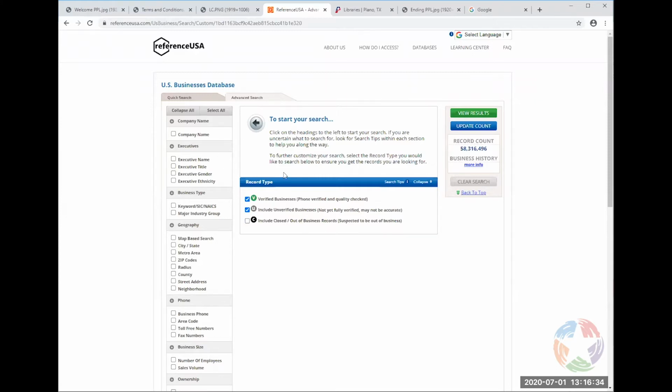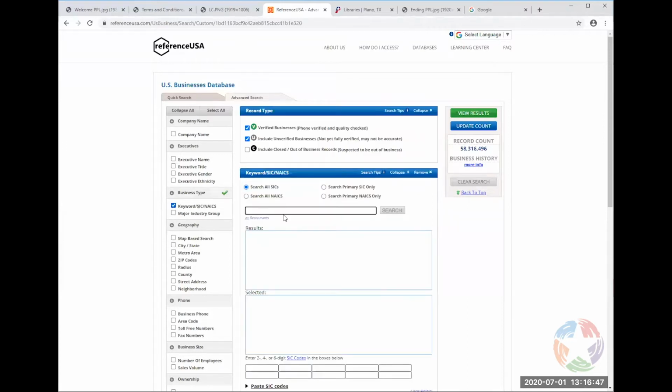Okay, and then you come over here to the left side and you'll see that you can narrow that down even more. One way you might want to narrow it down is here under business type, where you can choose the keyword, SIC, or NAICS. That is your next choice.